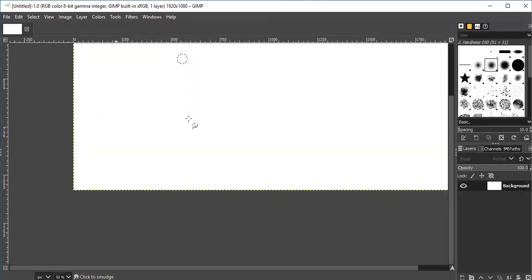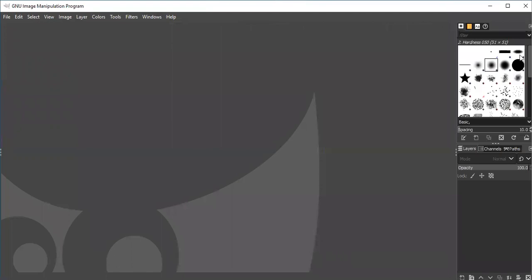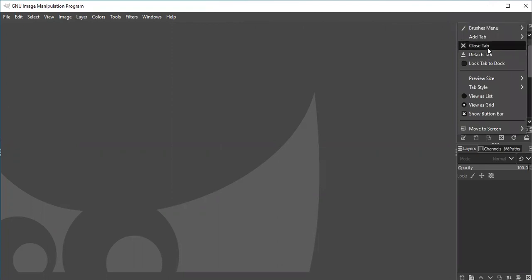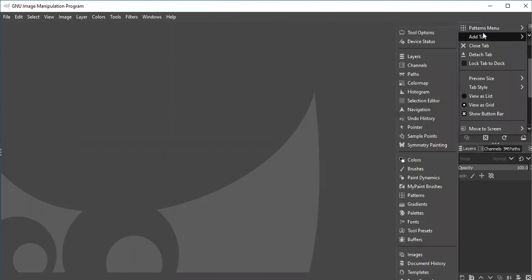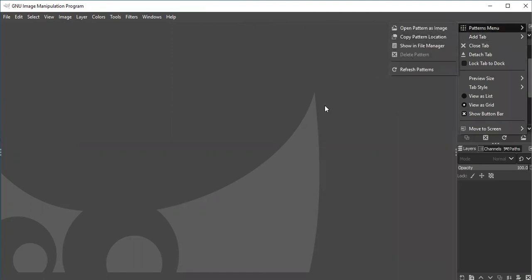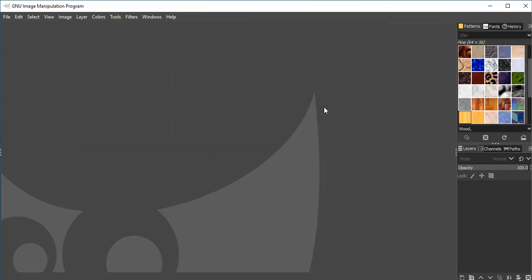Then automatically all these boxes will be removed. Okay, children. Next, see, close tab. Here they are even showing different patterns. All this we will see in the next class. So this is the way this GIMP application will be visible to you. Next, we already discussed how to create a new image window also.